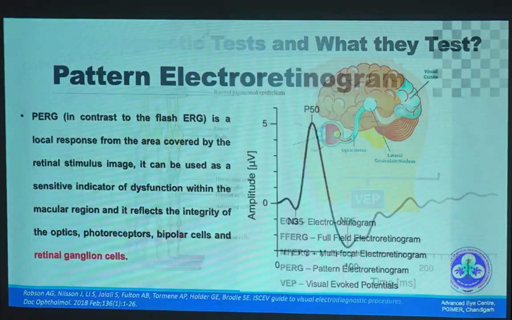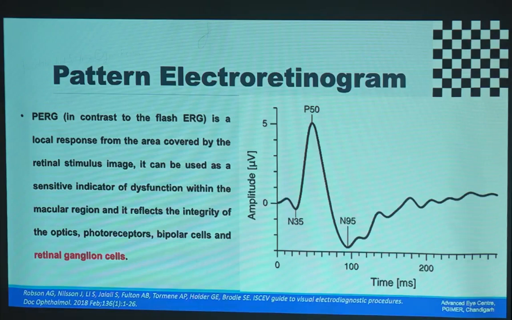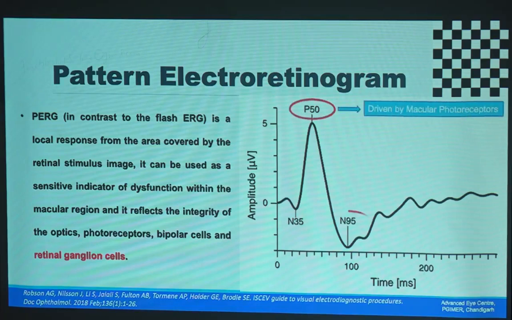The pattern ERG, again, as I told you, tells you about the ganglion cells more than what your full field or your multifocal were telling you about. So this has the 2 main components, the P50 and the N95. The P50, the positive component, is driven by the macular photoreceptors over here, and your N95 component is driven by